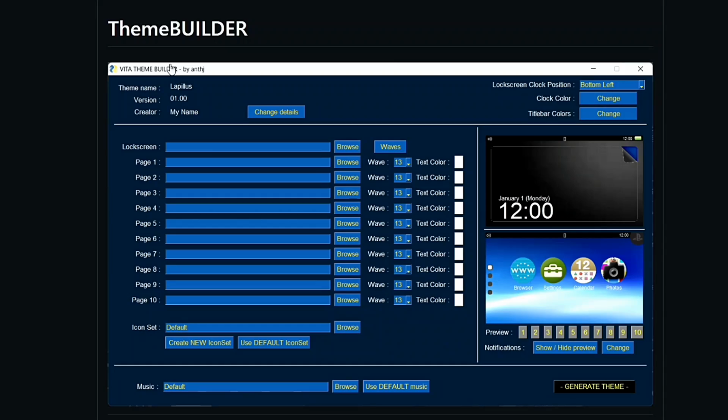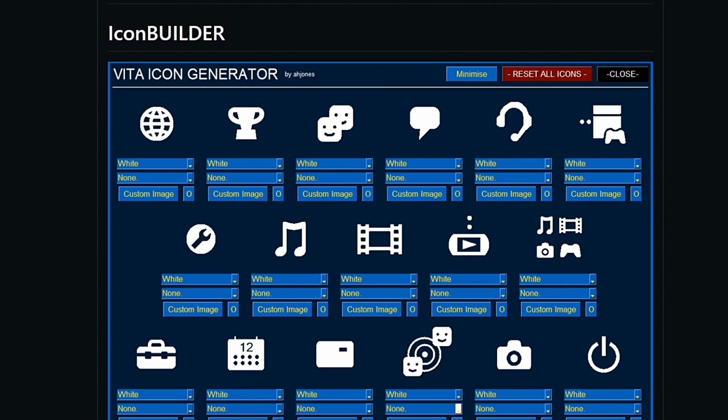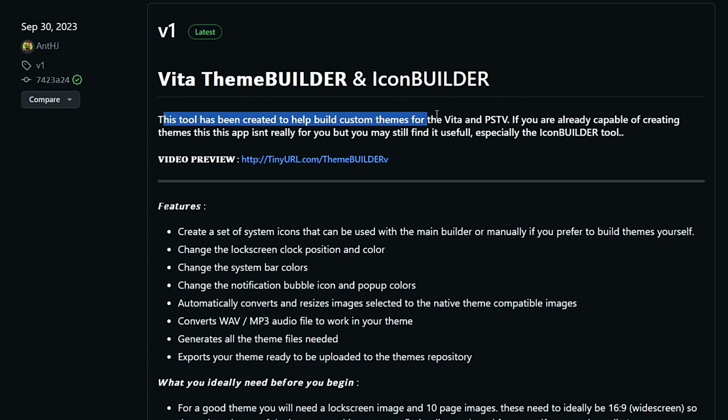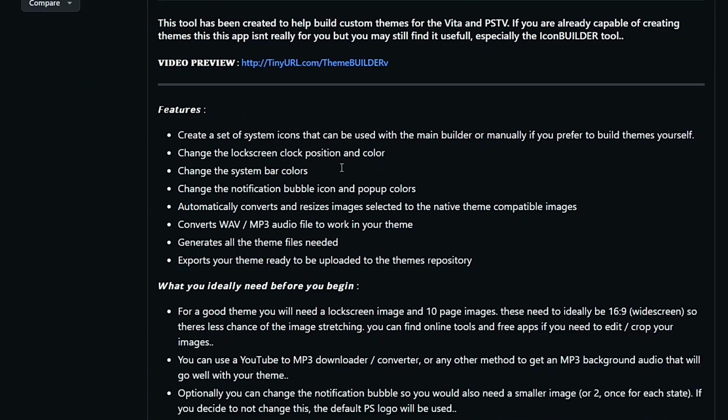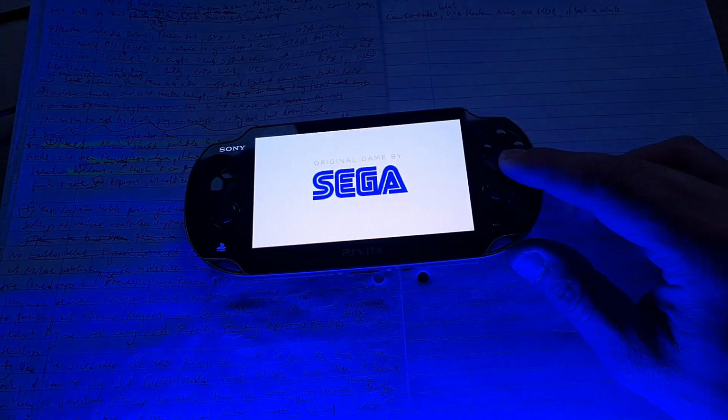Theme Builder that allows you to build custom themes. It has also a very handy icon builder tool, so you can create a theme plus icons as well. You can change the lock screen clock position and color, system bar colors, notification bubble icon, plus much more. Check it out if you are interested, and we carry on with an update for a port of Sonic 3